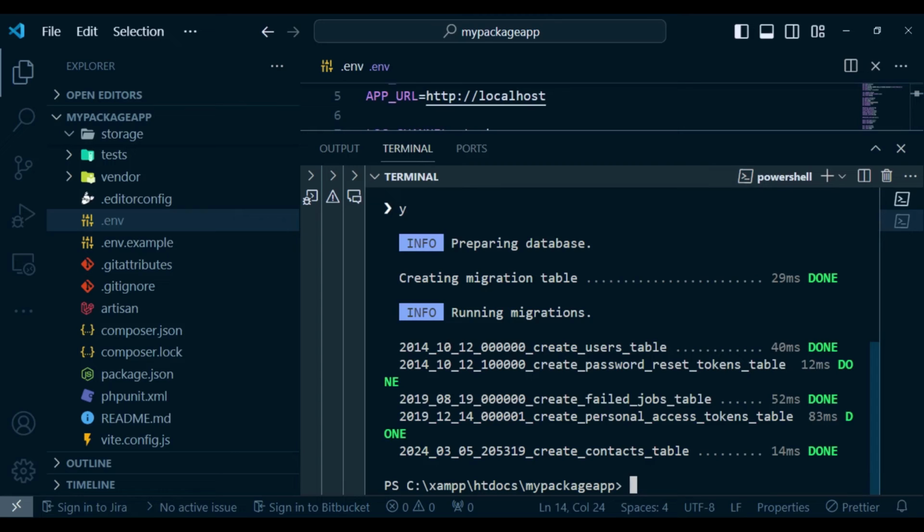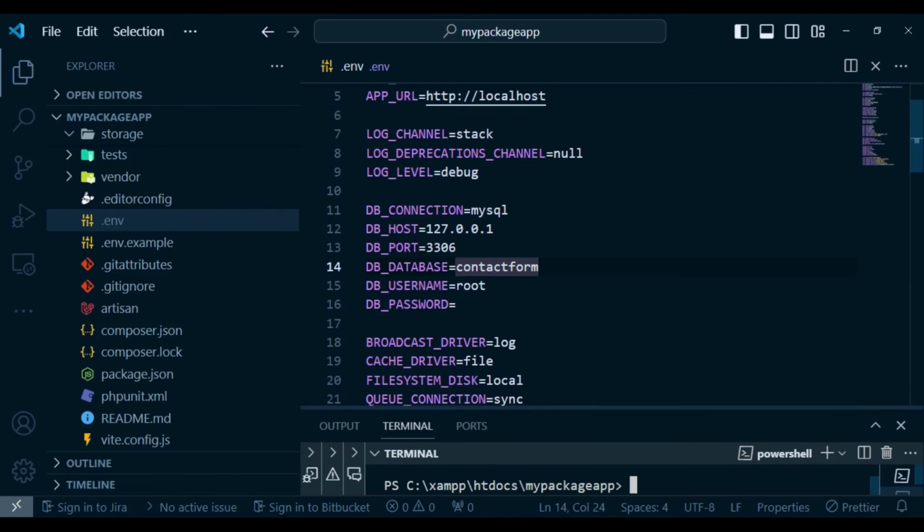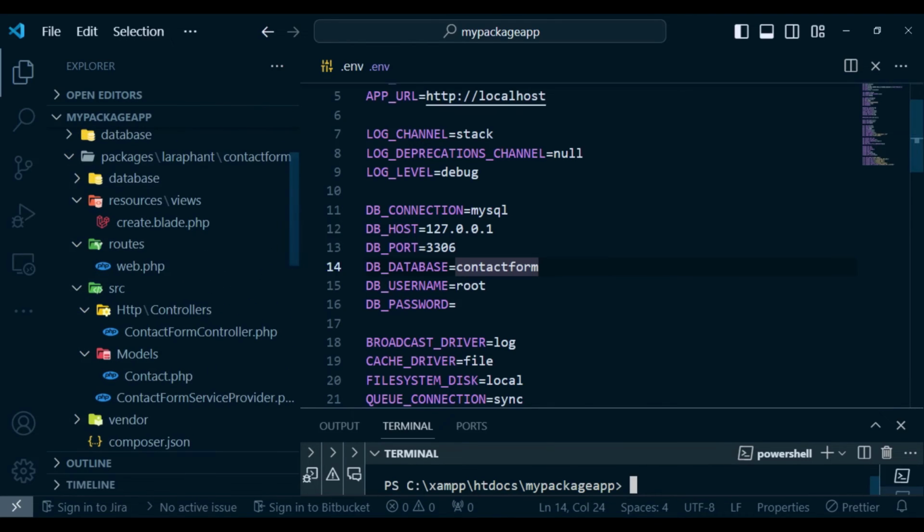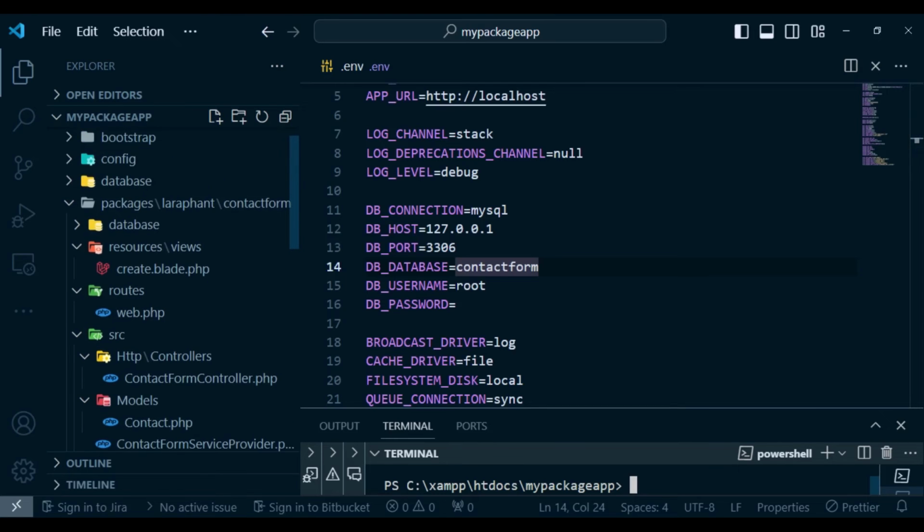And this is the one that we have actually loaded from our package. So basically, if one runs the migration, our package will also be able to persist the migrations that we created here inside the database. And that is good enough. So now I want us to go ahead and see how we can save the message that is typed in